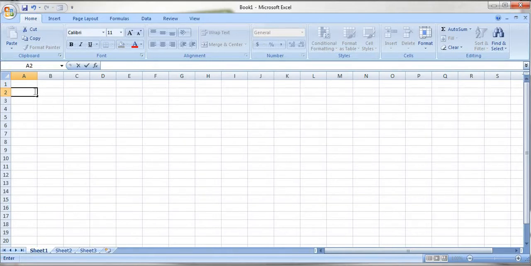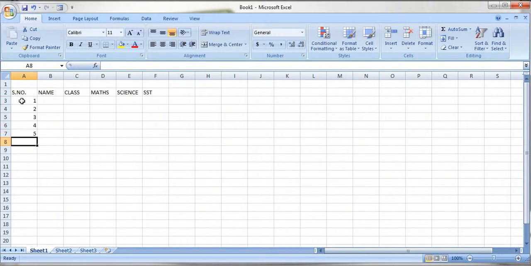Let's take an example. Let me have one data here in which we are having serial number, name, and then class, and then subject: maths, science, SST, like this. Okay, and here 1 2 3 4 5, name,